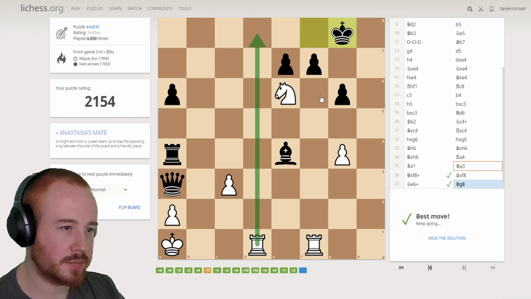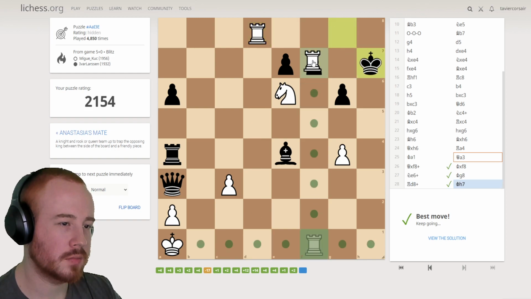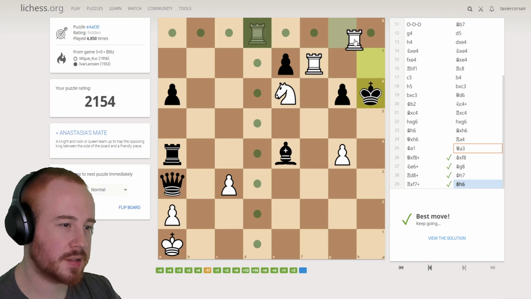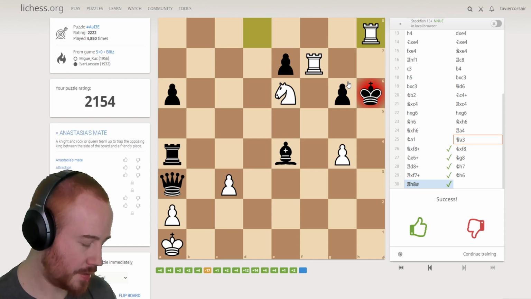So I think d8. King there. Then it's rook f7. King goes h6. This one h8, mate. So notice...